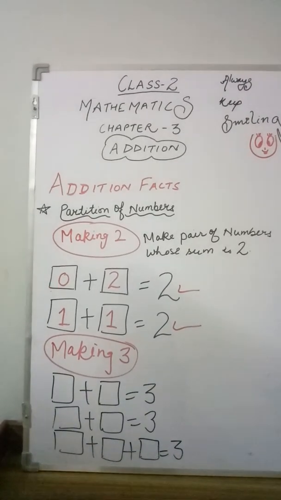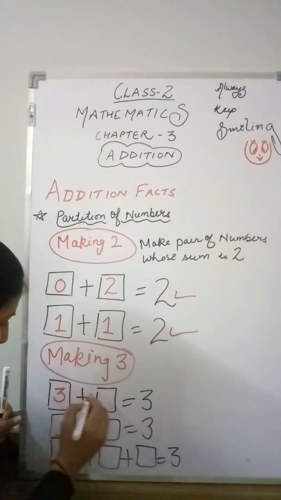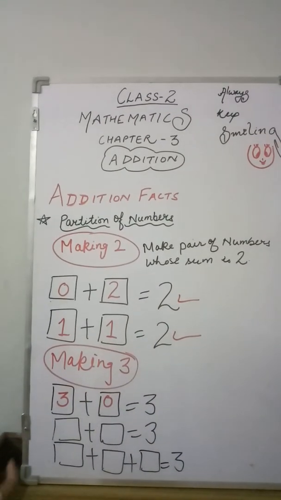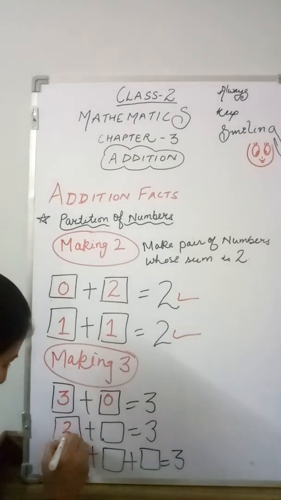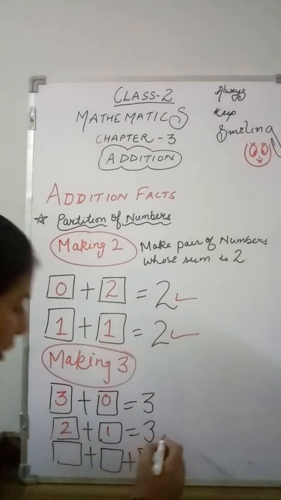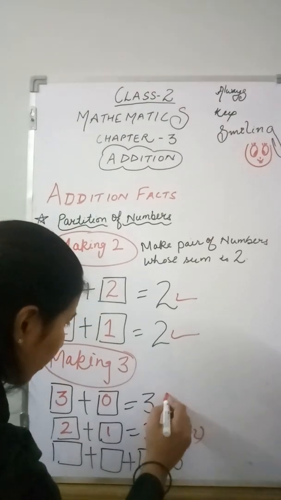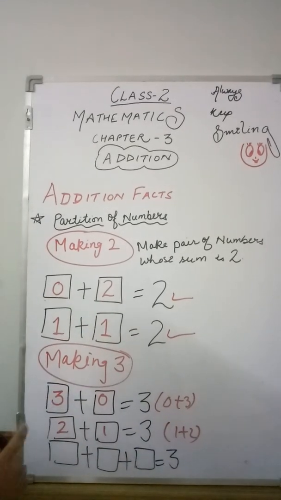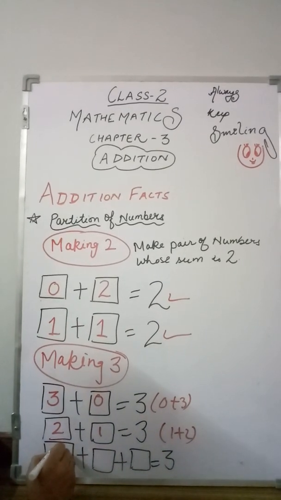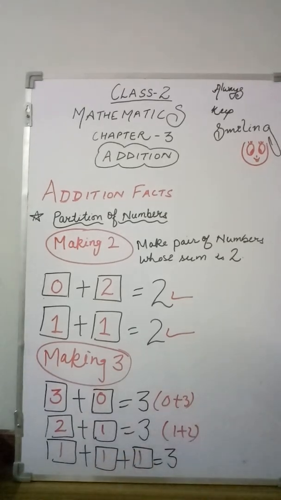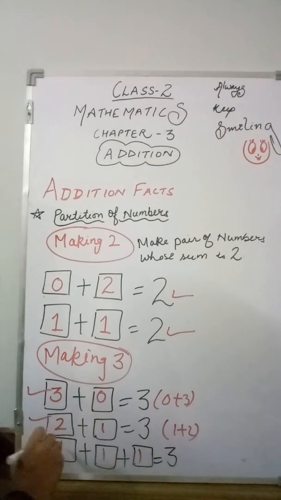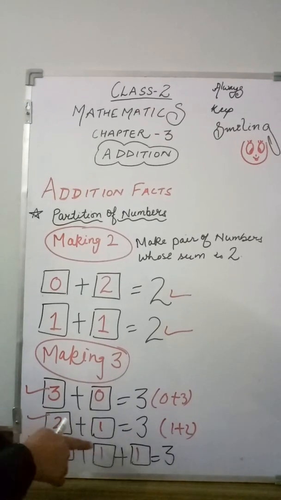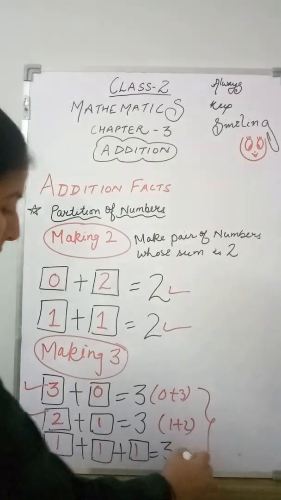Let's start with 0. Student, we can also write like 3 on here and 0 on there, because this is the order property. In both the cases the answer is okay. The next one is, you can also write like this, 2 plus 1, or 1 plus 2 is also okay. Here 0 plus 3 is also okay, because they are same as we discussed the order property. The next one is, you can also split here like this, 1 plus 1 plus 1. In all the 3 groups there are 3 pairs. First pair 3 plus 0, second is 2 plus 1, and 1 plus 1 plus 1. In all the 3 pairs the answer is 3.